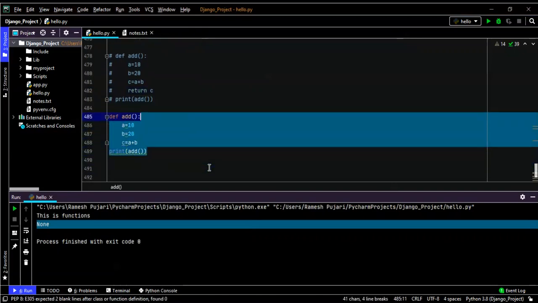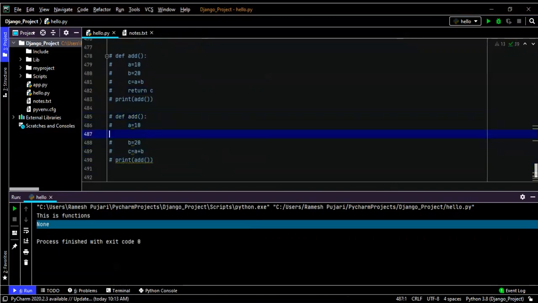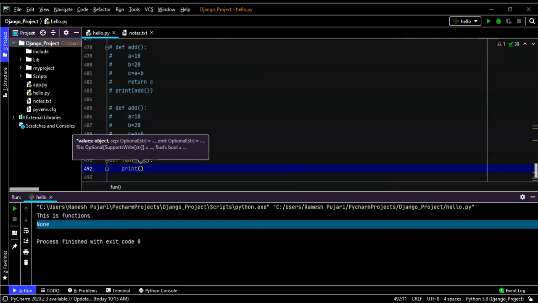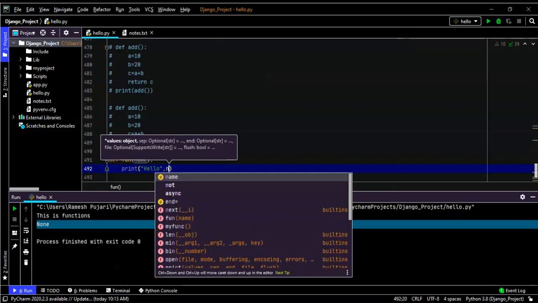So as of now I will comment this code, and here I will declare one function called function, and I will pass the parameter as name here. I am printing Hello and the name here.